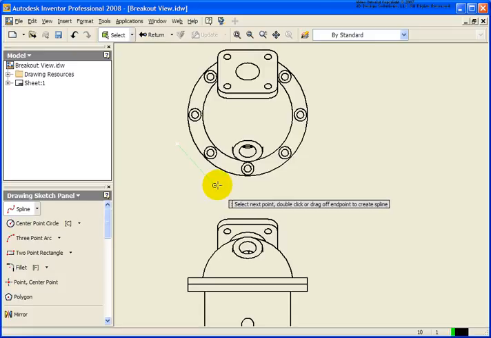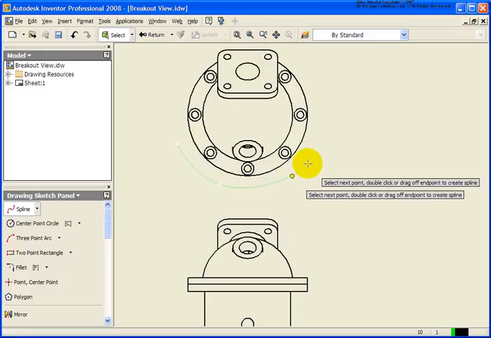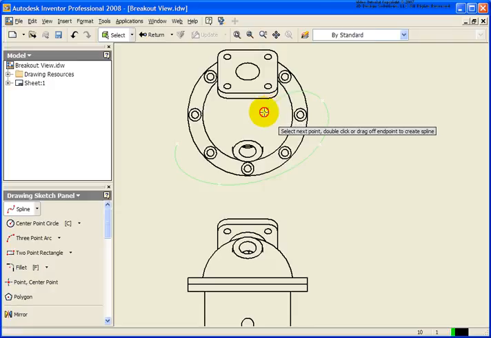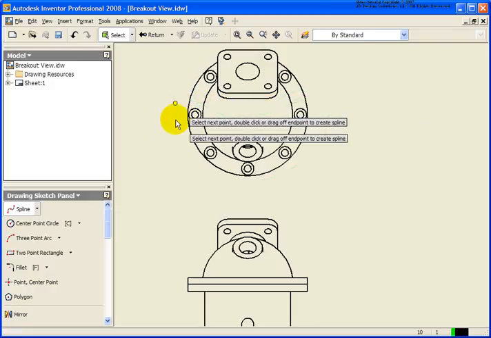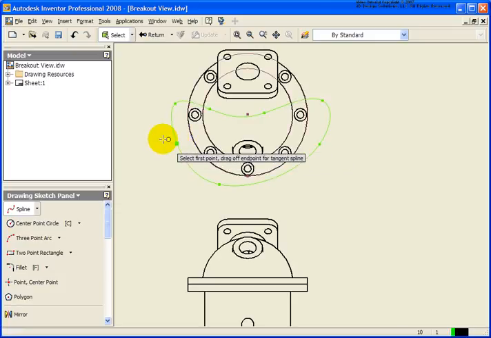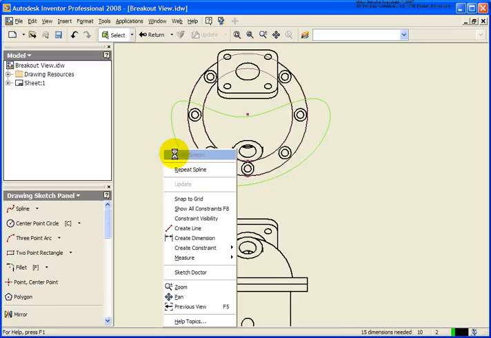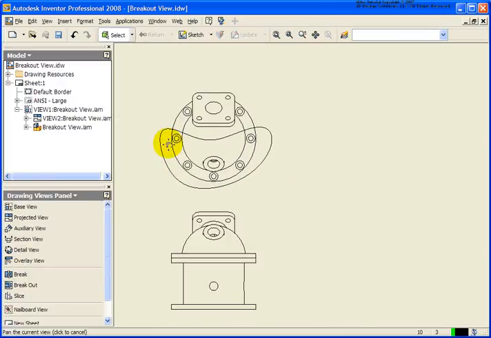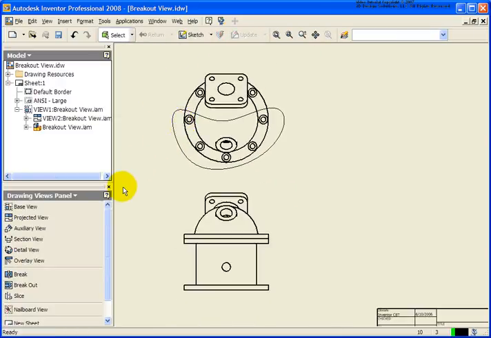And the key here is to draw a closed shape. So we'll just work our spline around the edges. And getting it closed is definitely critical, otherwise it will not work, and we'll have to go back and close that off later. So now that I have my shape drawn, from the Drawing Views panel, I'm going to go ahead and click on Breakout View,